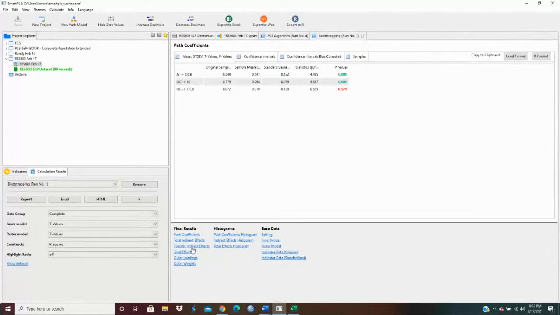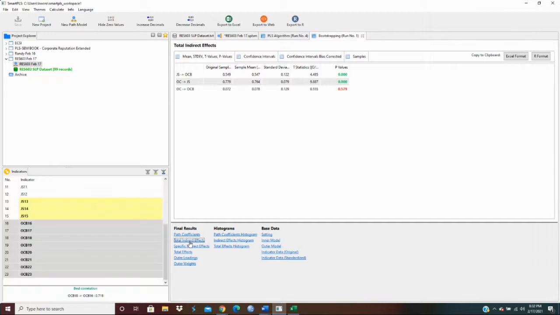If we go to our total indirect effects, all right, now we see that we have a significant indirect effect from OC to OCB, all right, and that's the only indirect we had. If we go to our total effects, we see that everything is significant. Okay, now the reason that's different is